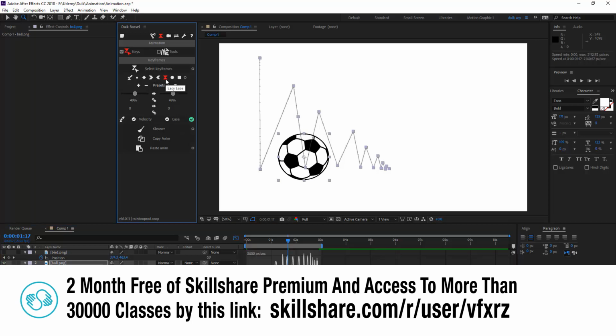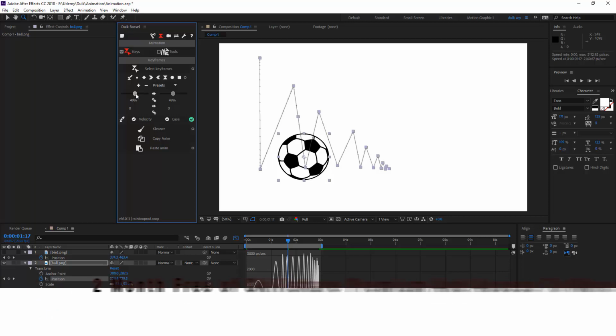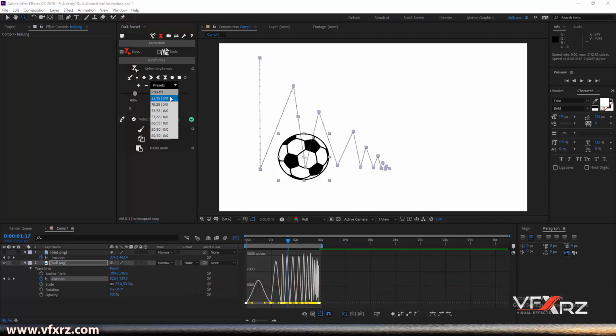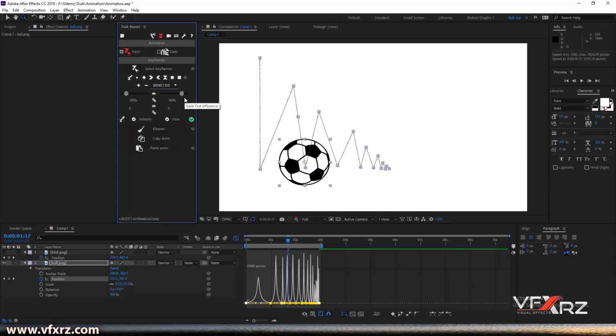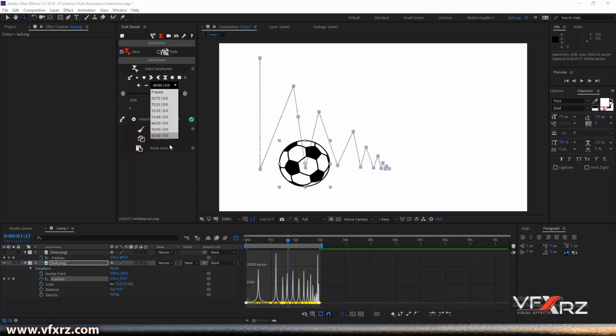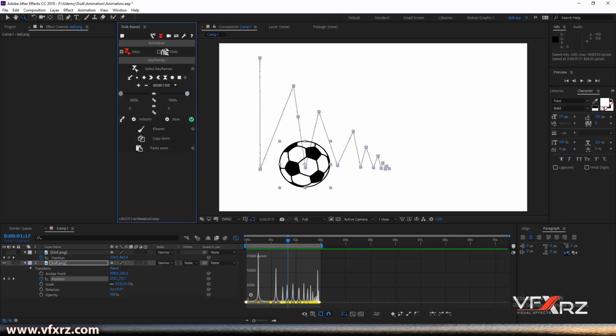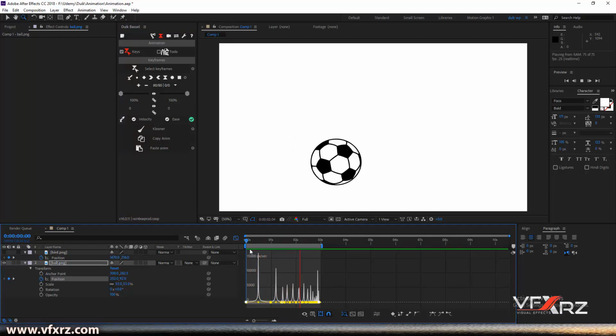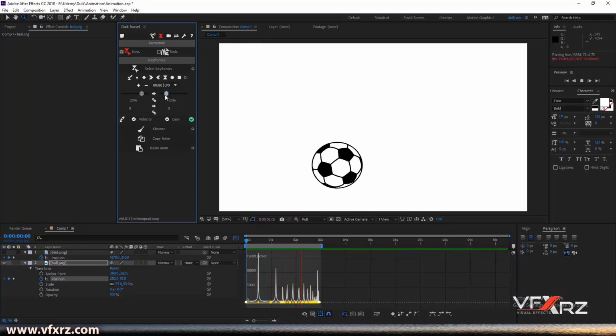And if you change it to easy ease, here we have an option, and here we have some presets. When you click, for example, this preset, you can change the velocity of that. You can select and drag it to left and right, or here you can use these presets. For example, if I change it to 100, you can see our curves will be like this. That means when we play that, you can change velocity like this, or if you decrease the number of that to here,